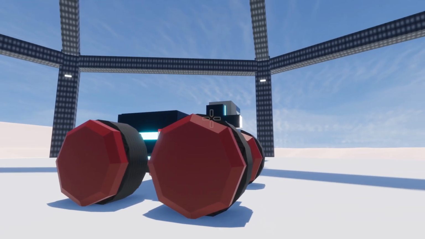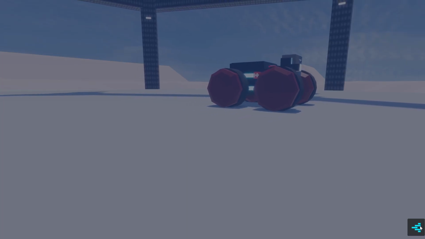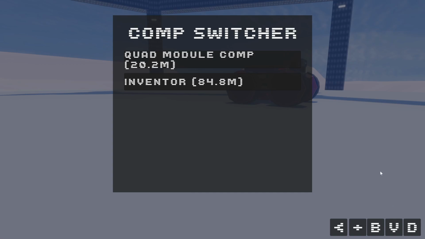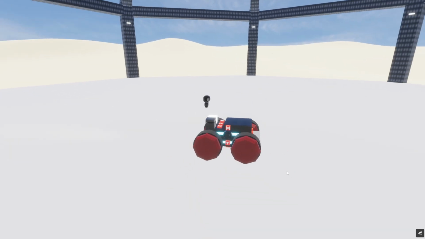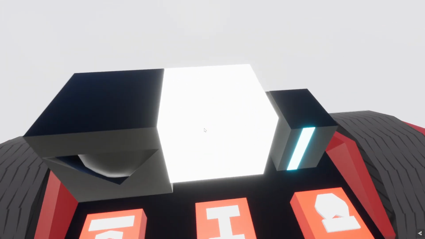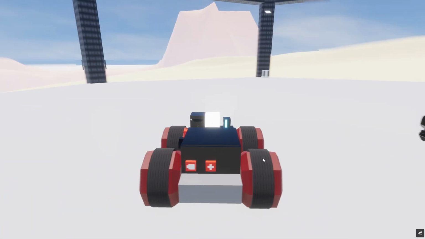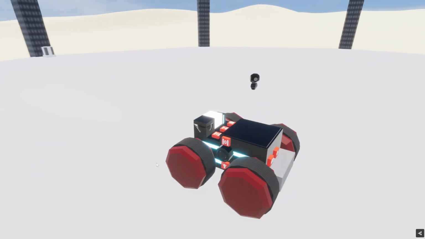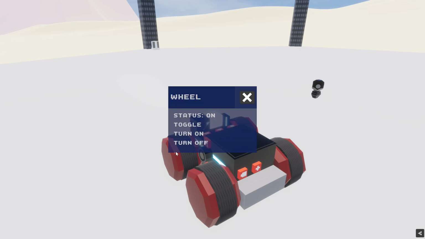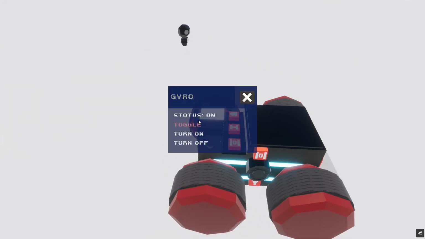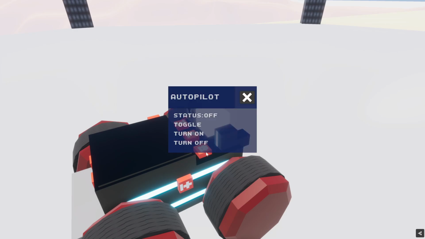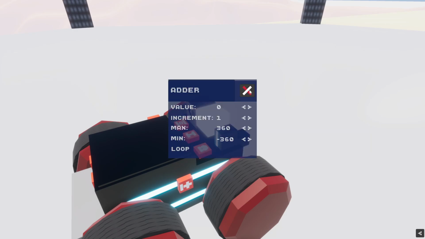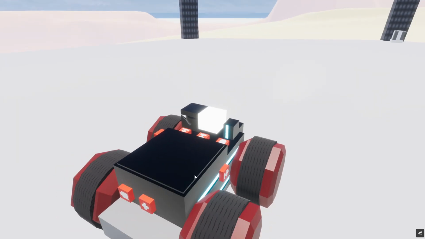Well, first, if you want to go to the vehicle selector, press R. There's an arrow right here. You can click. Press the V, and it should show you everything you can switch to. So just switched over to this white glowing computer right here, which controls this rover. You can press space to turn everything on. You hear that audio. It's the sound of like the wheels activating. You can also turn the wheels on by right-clicking on them. Same thing with pretty much anything on here. So there's like an autopilot right here. Adder. Traction pad doesn't have one yet, but